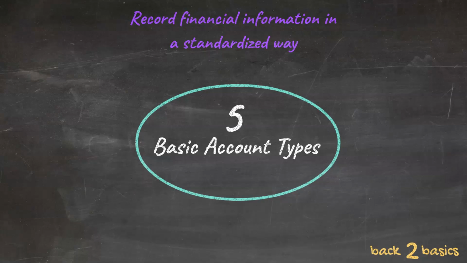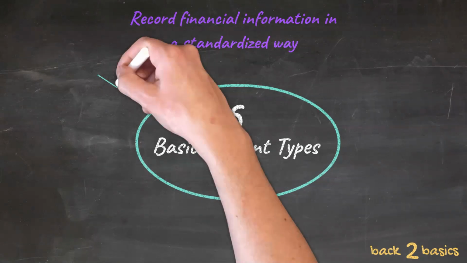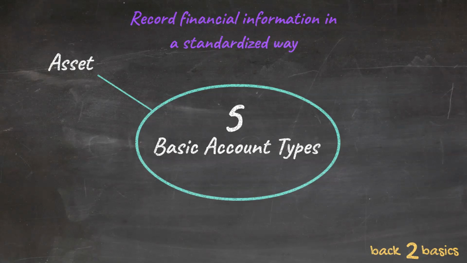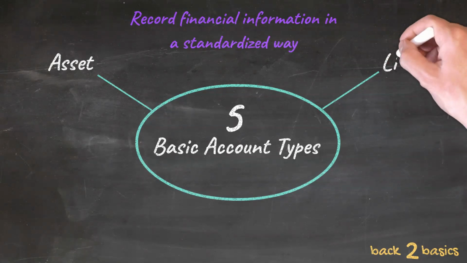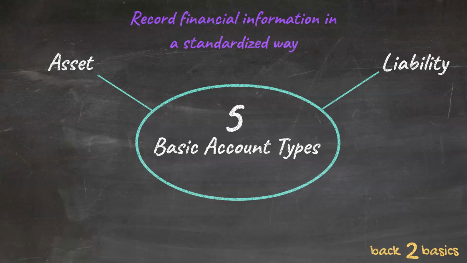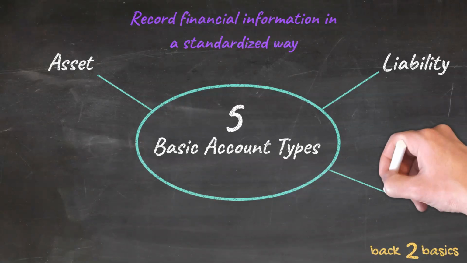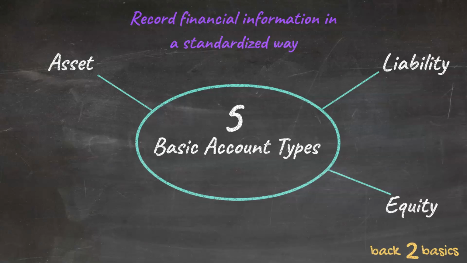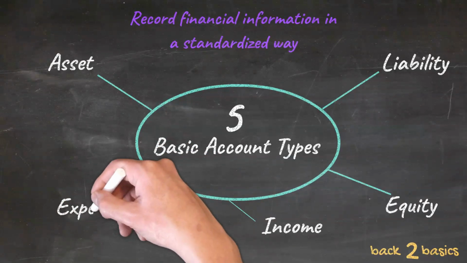Anyway, the 5 basic account types are asset accounts, which are items that bring value to the business. Liability accounts. These are amounts that the company owes to other stakeholders. Equity accounts, such as owner's equity and shareholders' equity. These accounts consist of funds invested into the business as well as profits and losses generated by the company. Then you get your income accounts. These accounts consist of income earned by the business, and then there's the expense accounts, showing the cost of running